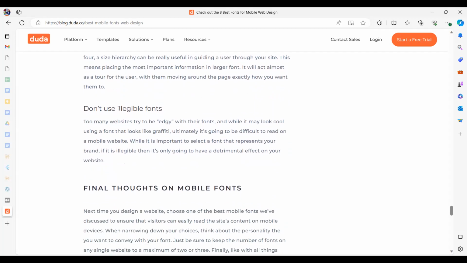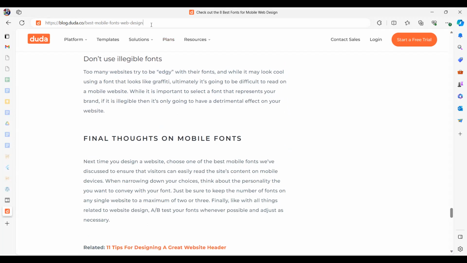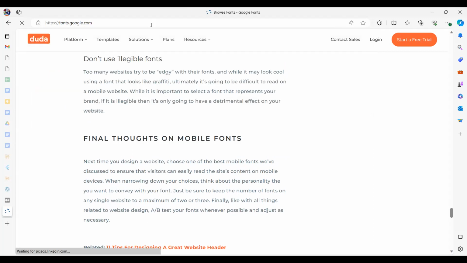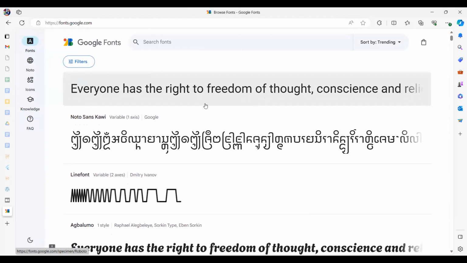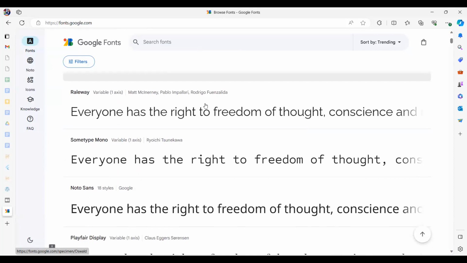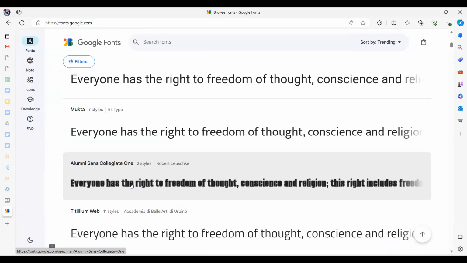And another one, don't use illegible fonts. What does that mean? Do we even have illegible fonts? Yeah, there are. Now, if I take you to the font catalog of Google, see, these are the fonts Google is giving. These are called web fonts. There are all kinds of fonts available here. Many languages also, right? Some are looking good. Some may not be suitable for reading. They're okay for, a little bit, like say this one, Alumni Sans. So they're thick, but they're okay for titles, but not for body.